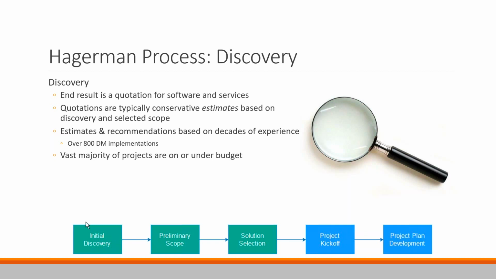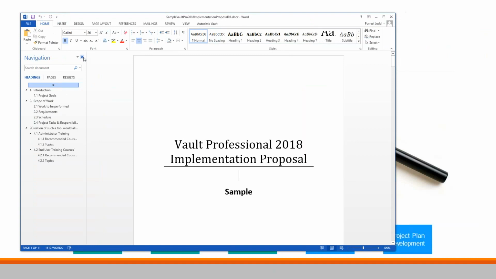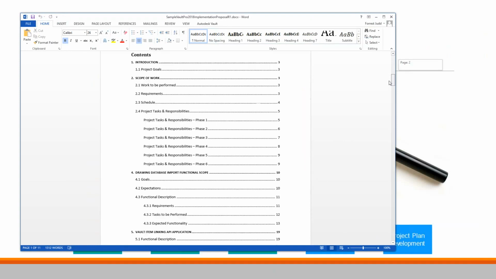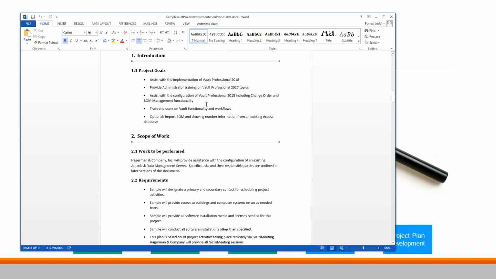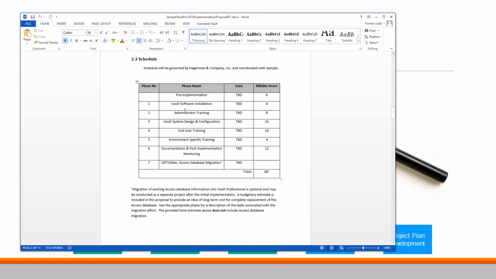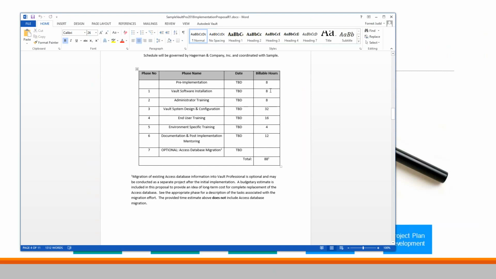But I just want to give you a quick example, and if you've gone through this process with us before, you may have seen something like this. This is what a proposal document might look like, right? So we generally try to lay out the goals for the project, a scope of work, and then a multiple phase project with some estimates for the time required to execute those phases, the installation, training for administrators, configuration, and then